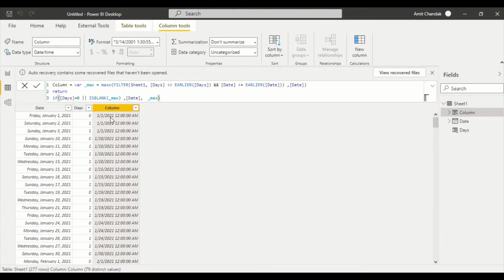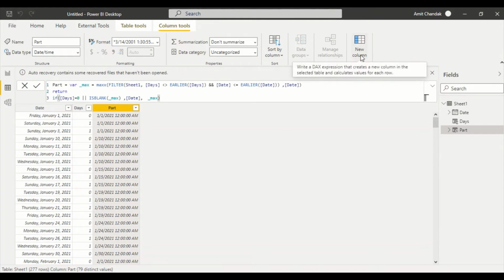So this is my partition. This is my partition which has been created. So I keep this as partition, let's say. Okay. So this is my partition, and you can have this inside this one. Now what I'm going to do is, let me find out the difference from the partition date. So I got a partition, and I need a difference from the date of the partition. Okay. But to get the difference, again, the very important thing is I need to repeat this exercise.